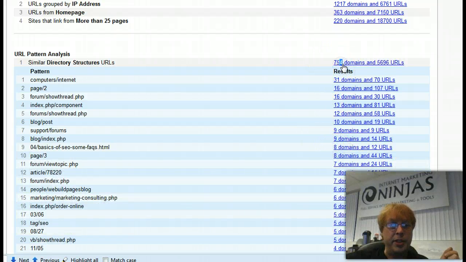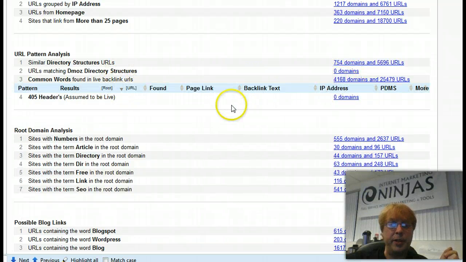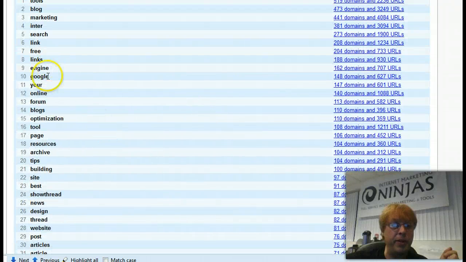So let's see, under pattern analysis, there's a whole bunch. You can get the DMOS scrapers, common words found in backlink URLs. You often can find weird things in here, and you're like, what's this? And you can click